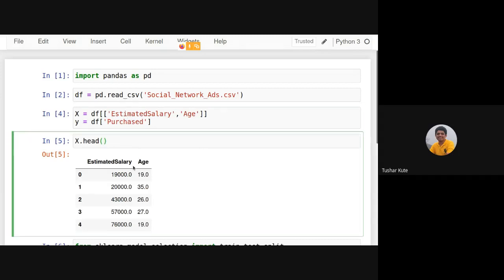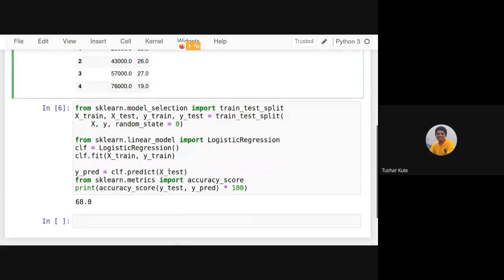And then we just started with creating the algorithm. I split the data for cross validation: X train, X test, Y train, Y test. Then I'm using this model, logistic regression. We can use others also, but let's see logistic regression. I created the object here. Then we trained the algorithm, and after that we predicted the result for the remaining entries. I think 100 data is there, 300 in training and 100 in testing. So I applied that 100, and I got this.